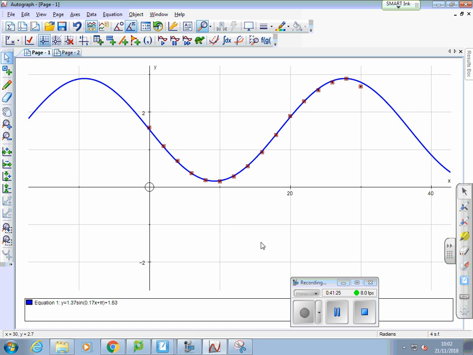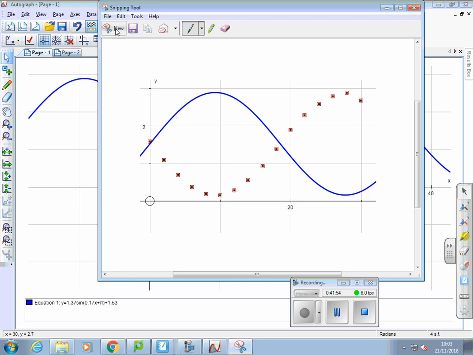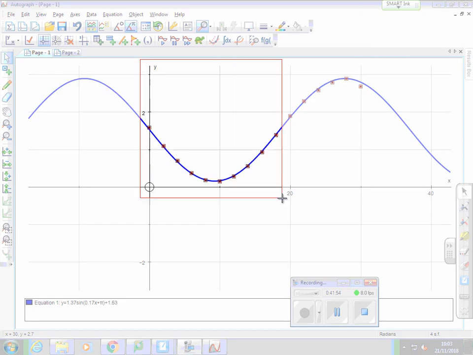So we've now got a function that pretty much fits that data. I could argue that you might make a slight adjustment of frequency to bring that data point in a little closer, but pretty much it looks like that function fits that data. I want to finish this off as quickly as possible. Clip that